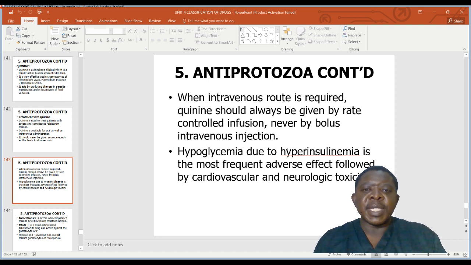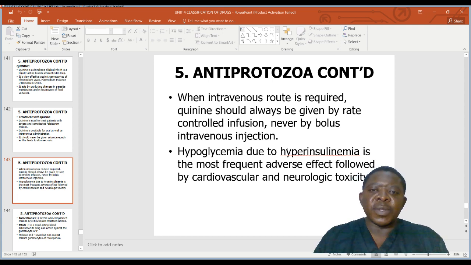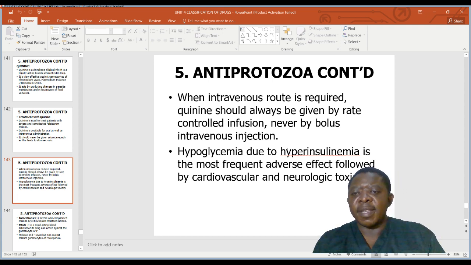So we give it in a fluid. It can rapidly reduce sugar levels, so hypoglycemia due to hyperinsulinemia is the most frequent adverse effect, followed by